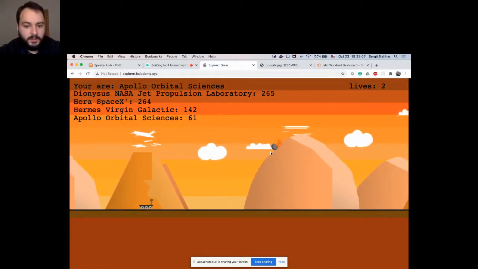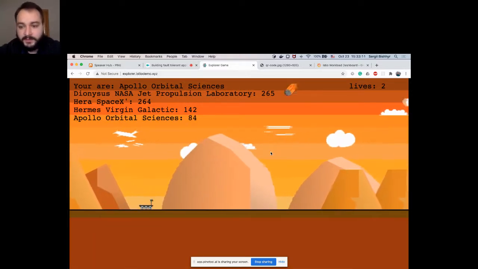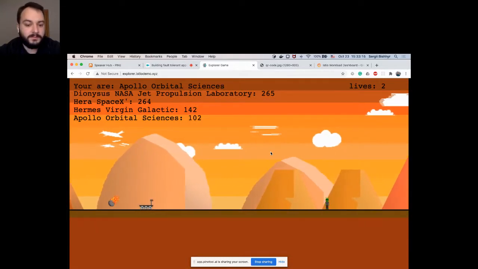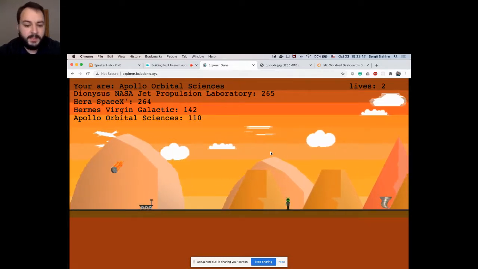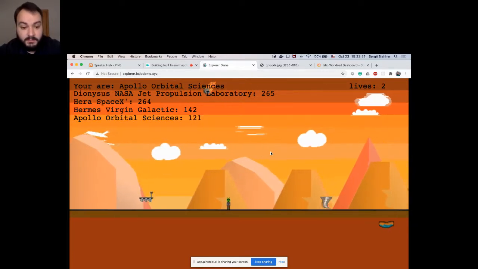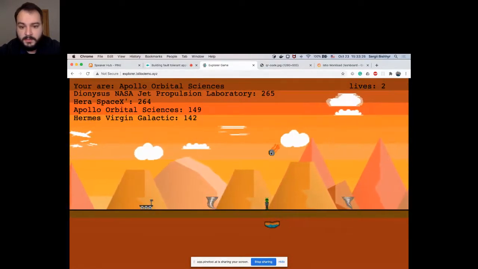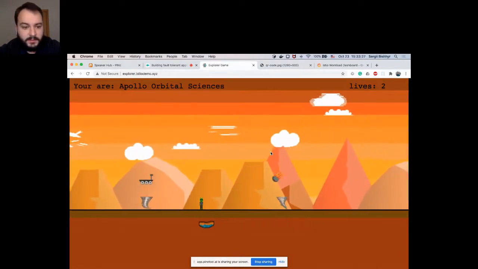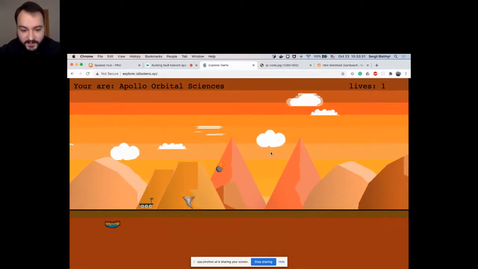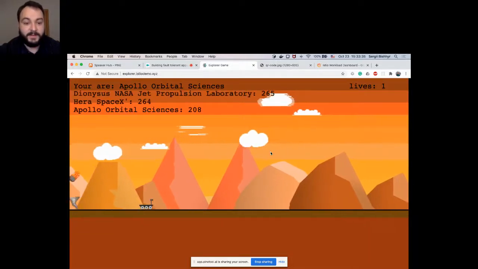So we can see that there are meteors, but there are no ground events. There is no underground water. There are no sandstorms. So it appears after some time, but okay. Apparently something is wrong for now. So we can see that the ground events are missing from time to time.